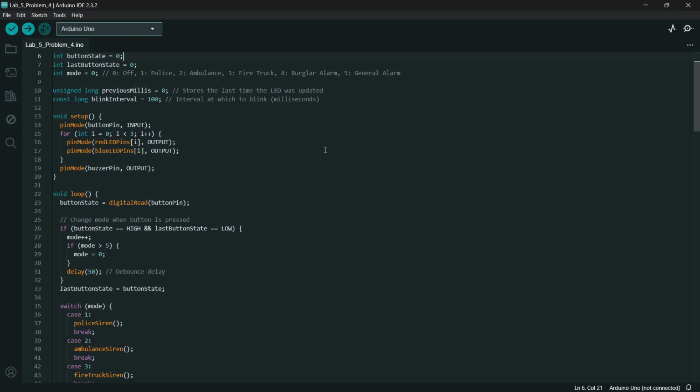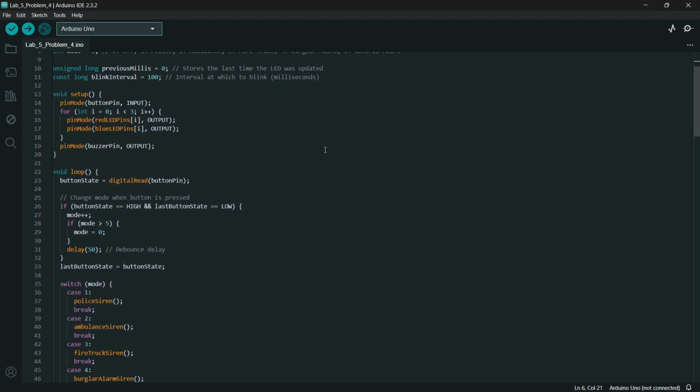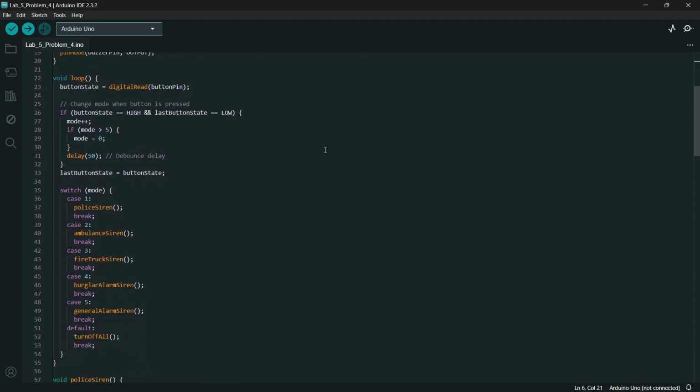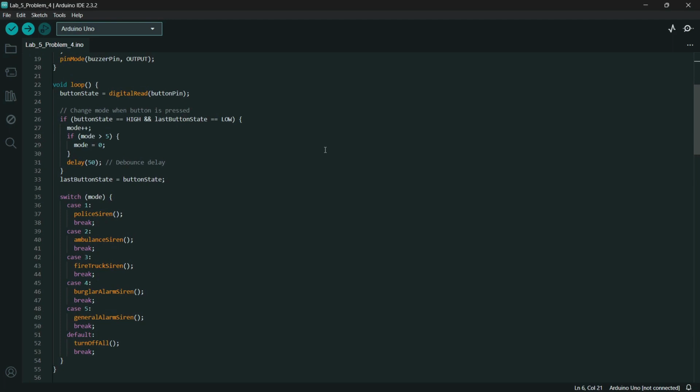So now let's go to the setup. The setup function initializes the pins, specifically the button pin, which is set as an input. All red and blue LED pins and the buzzer pin are set as outputs. Next, for the void loop, the loop function continuously checks the state of the button.